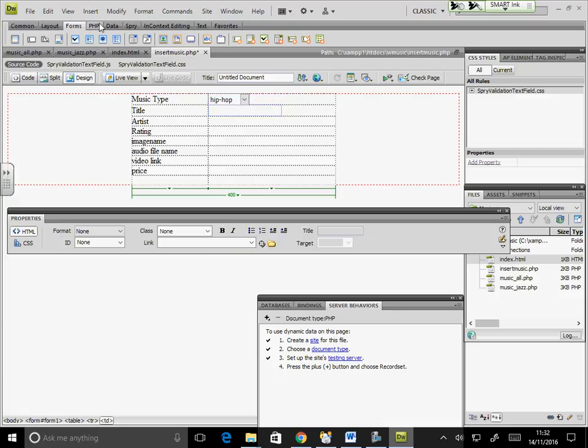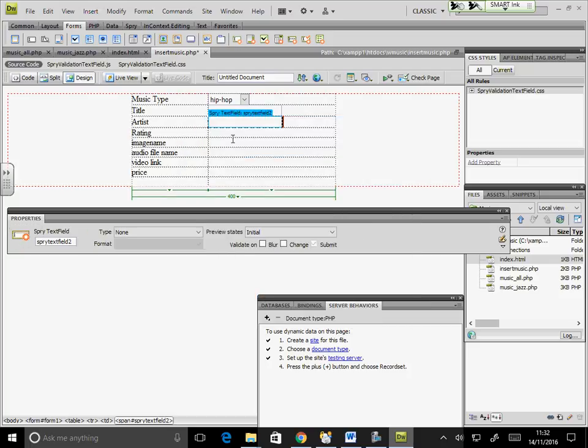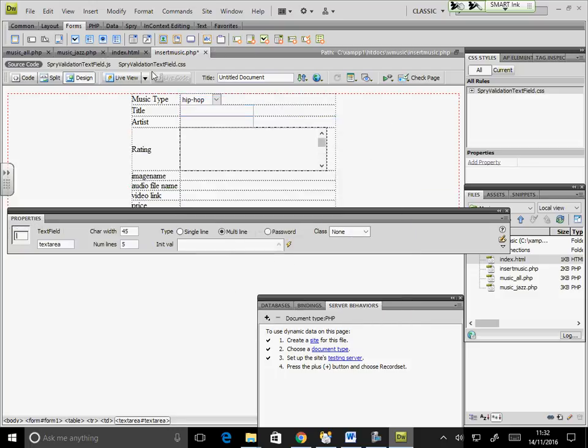Again, you can have a drop down for your artist if you're only going to work through various artists, or you can just leave that as a text field. So artist. Rating, do you want to go circles or do you want to go drop down? Up to you. So I can go simple, cancel.